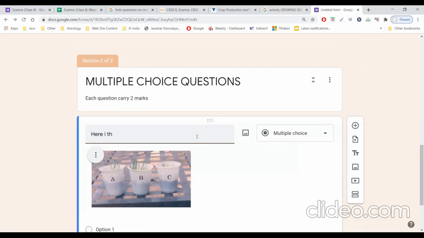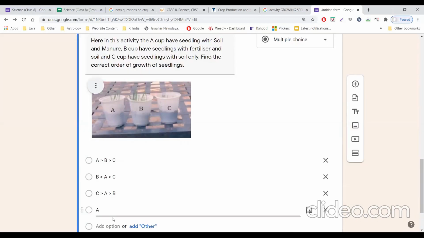In this activity, the cup A have seedling with soil and C